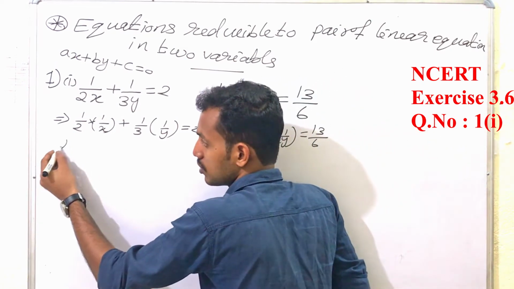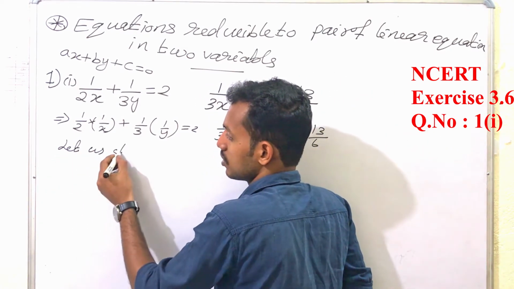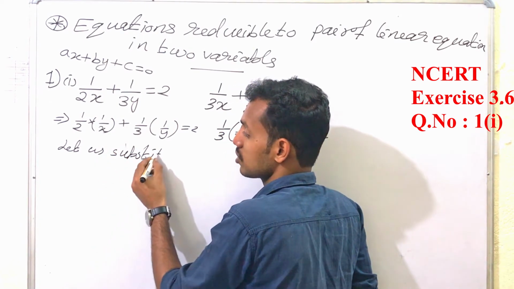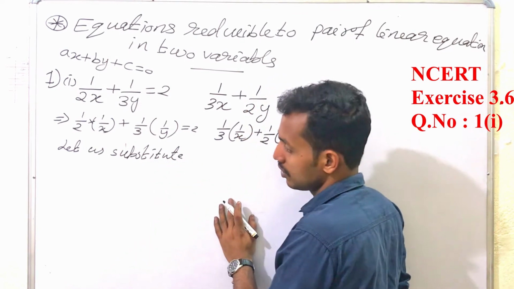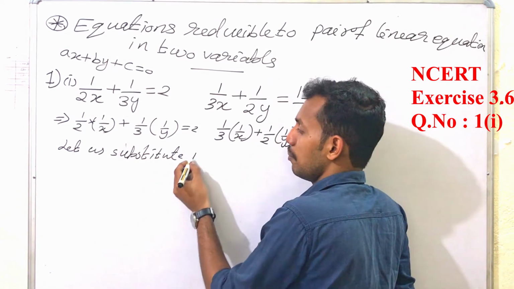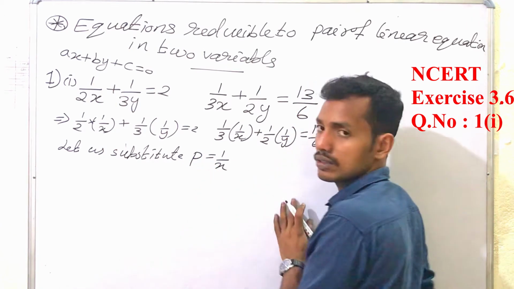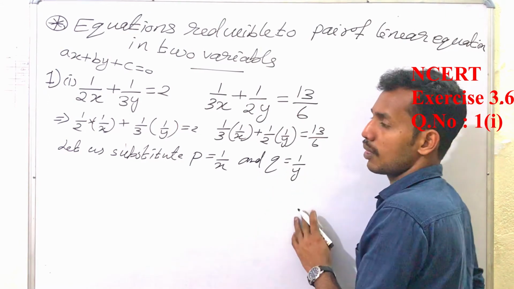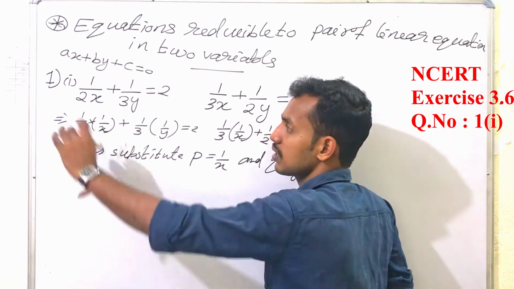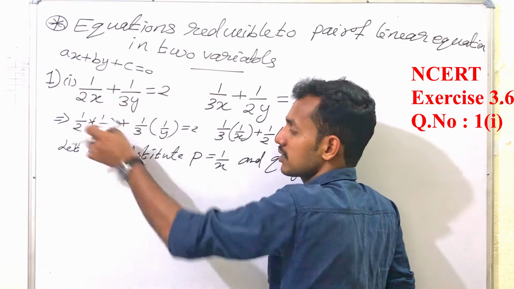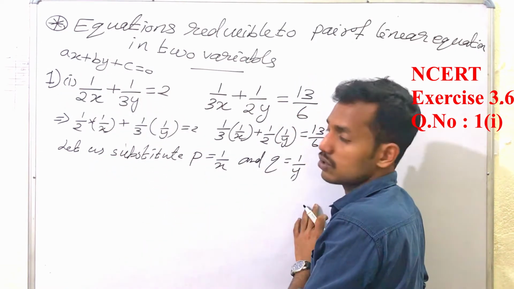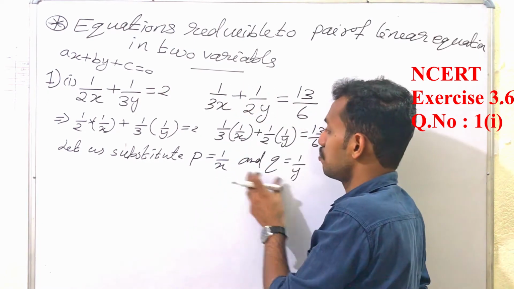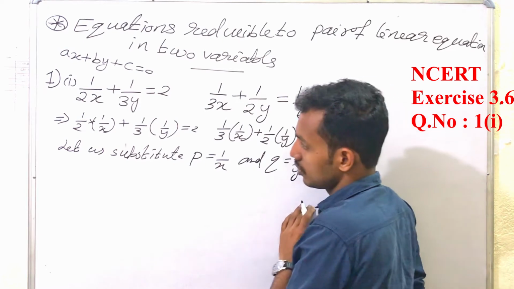Now, let us substitute. This is the important step in solving these types of problems. Okay? Substitute P is equal to 1 by x and Q is equal to 1 by y. So we don't need to substitute 2x and 3y, we just need to substitute 1 by x as P and 1 by y as Q. So the term which has the variable in the denominator, put that as P and Q. So we get